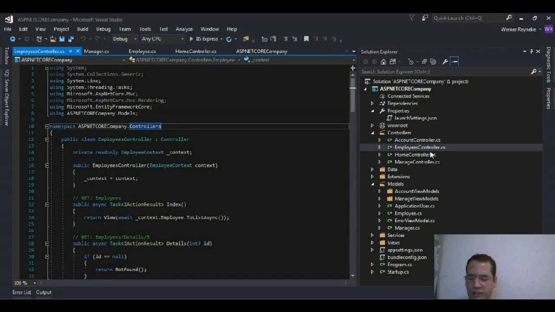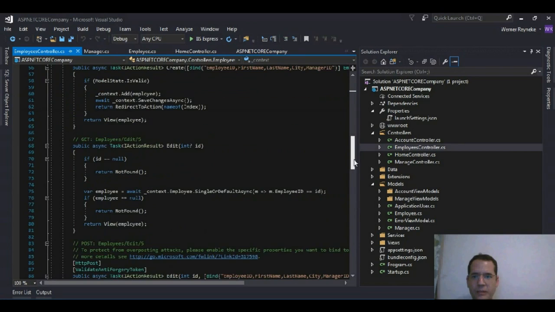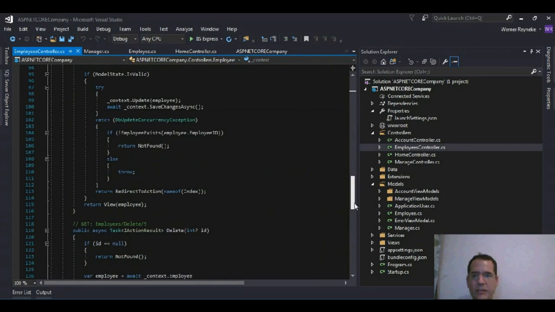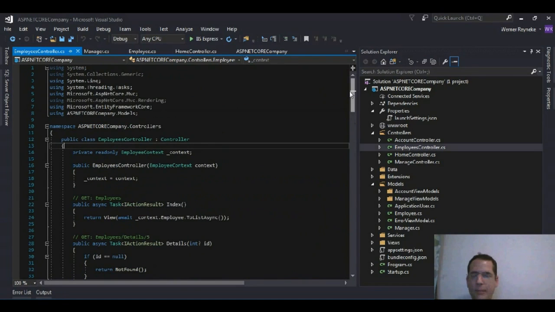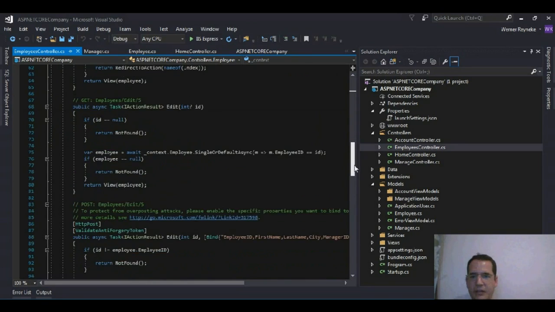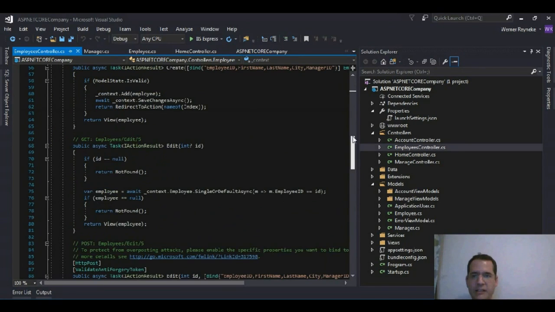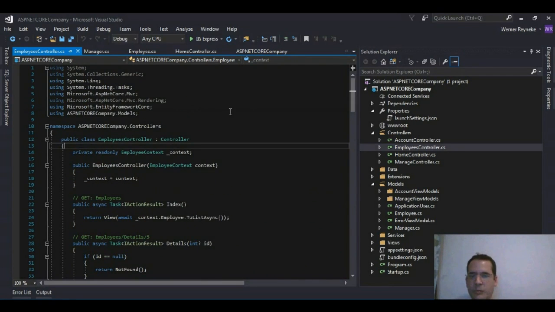And what you should see here is it's created in the controllers a file called employeescontroller.cs. Okay, and this is all the auto-generated code, and basically we're going to modify some of this code to give the application some more advanced features. Okay, but for now we leave the basic code as it is here,